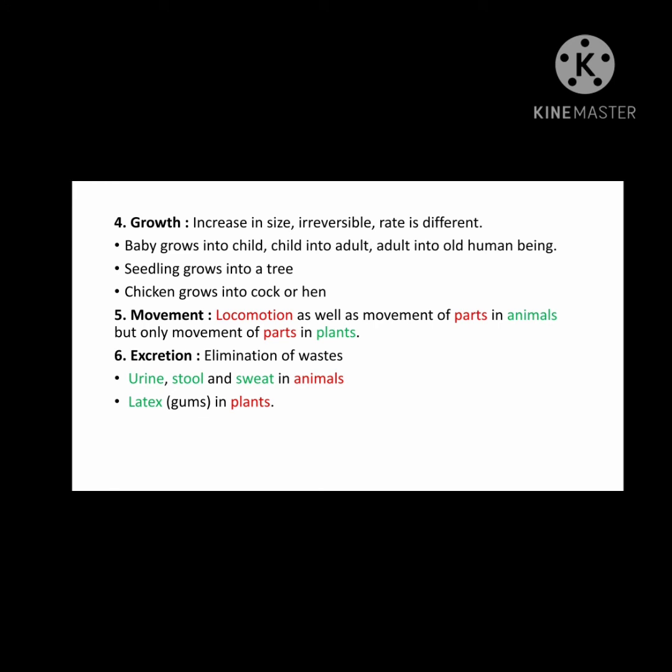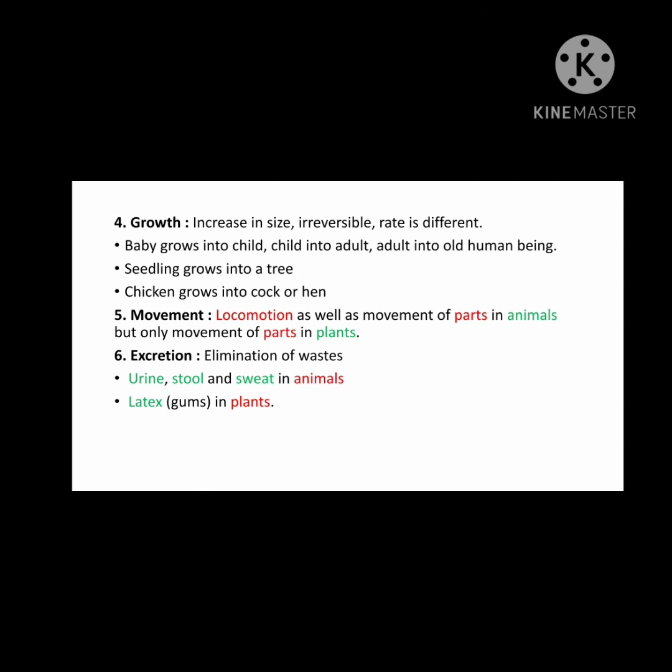The fifth characteristic is movement. All the living things move. Either they can move from one place to another, just as in the case of animals. Animals can move from one place to another for different activities, right? For feeding, for finding something. This is called locomotion. Also, they can move their body parts like their tails, their ears, their hands, their arms, their legs. This is called movement of a part.